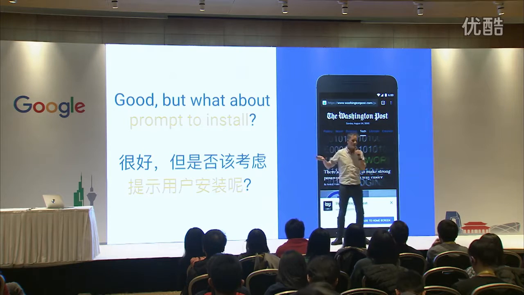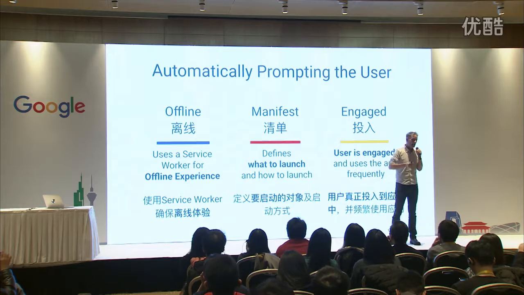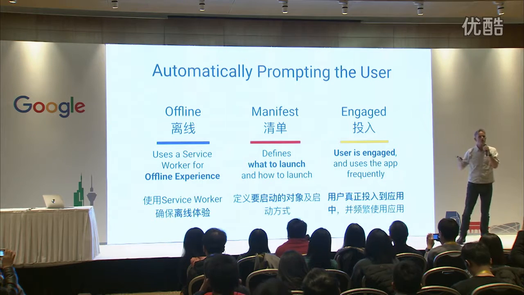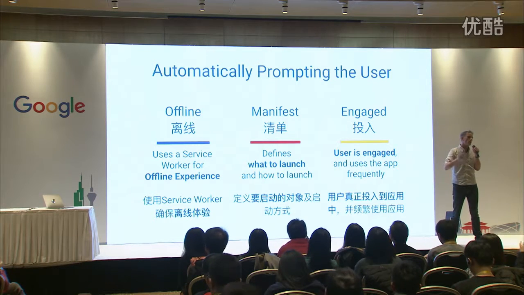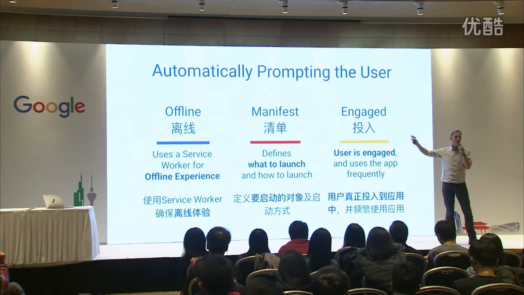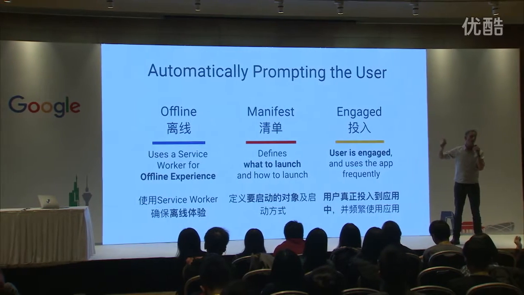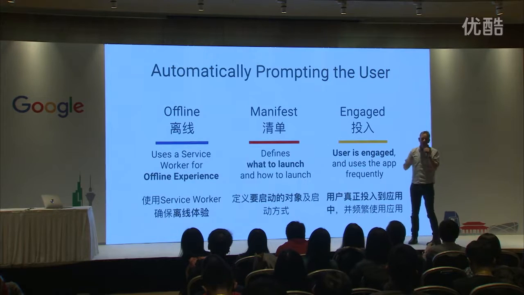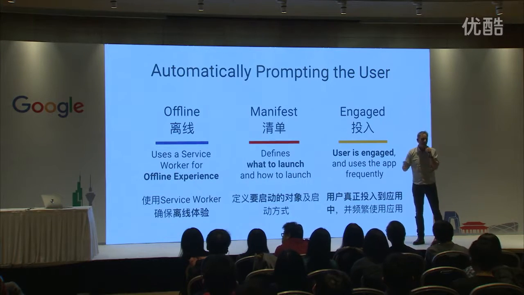Now, there are some conditions for this, of course. It doesn't just happen immediately. Firstly, like I said, when you have an icon on the home screen, it's like a contract that the app will work offline. So the first condition to get a prompt from the browser to install to home screen is your app must use Service Worker. That's crucial because there is no other way that you could be providing a good offline experience unless there was